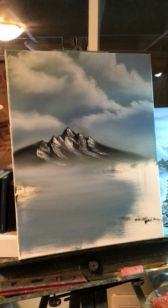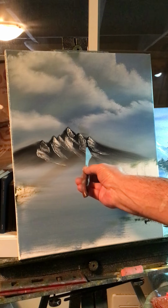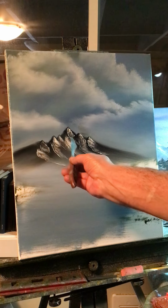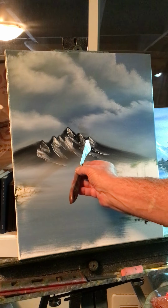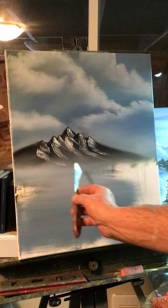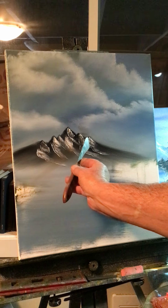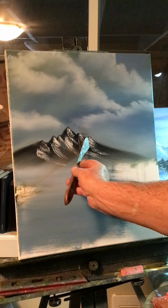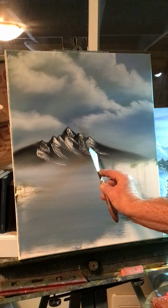Now this color, I got a mixture of blue, and I think I put a little bit of Payne's gray in it. We need a darker color for the shadow of our snow. So wherever you have white, you got to put a little bit of this darker color. You see, I'm not going to be perfect with this. I'm just going to get to the left of that white, and just kind of pull a little of this color, see? And then over here,